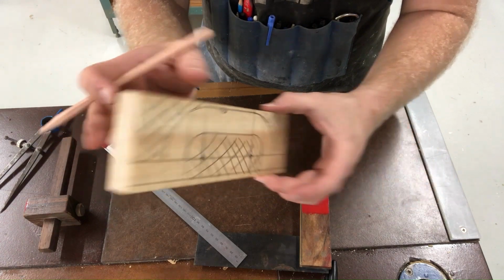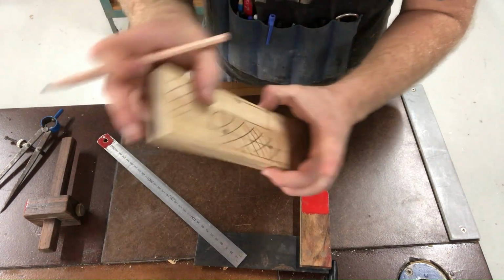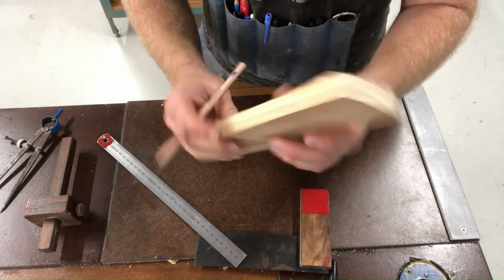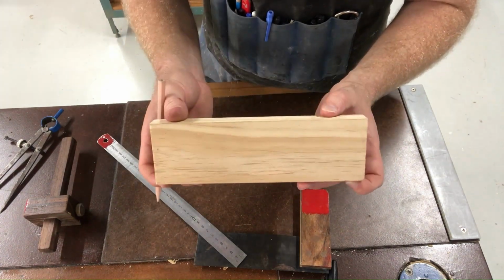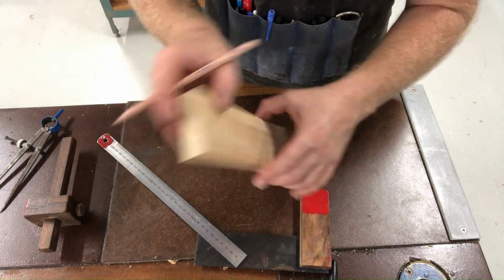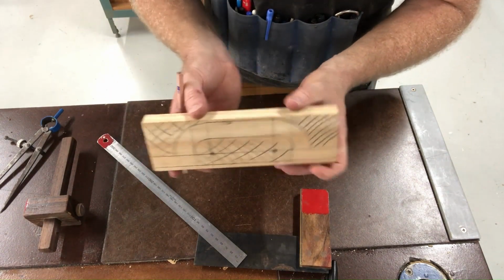What you'll also need to do is do the same thing, mark that out on the other side. We'll be cutting from both sides. You'll have, at times when you cut this out, you'll have to flip it over to this side, so you need to make sure that you have the markings on both sides. Make sure that you have them both upright on the same